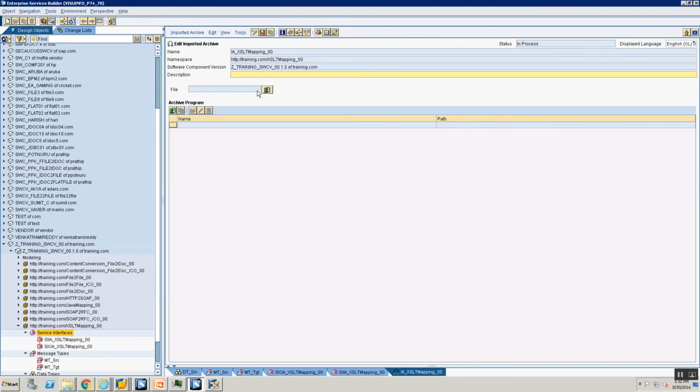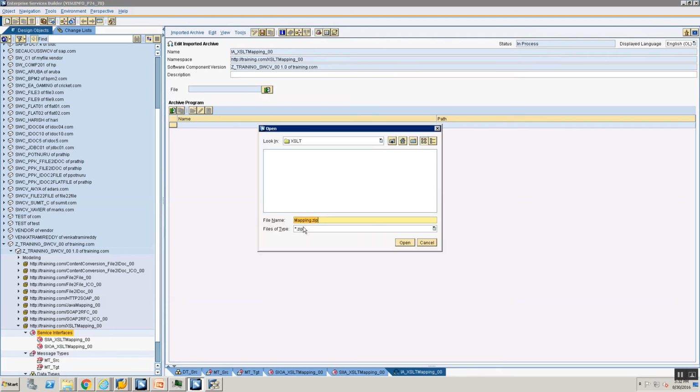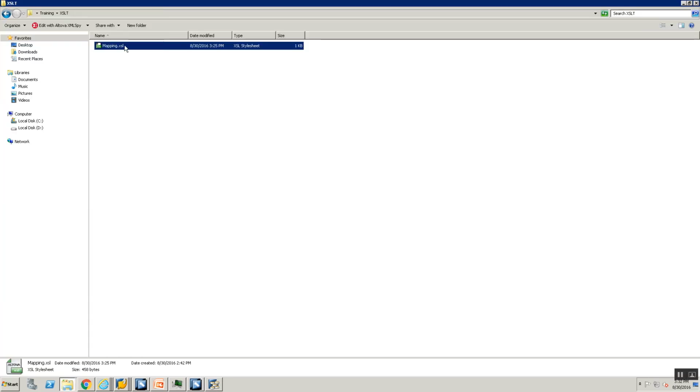Okay. Now let's go ahead and search for the file. Oh, it's looking for something called a zip file or a jar file again, right? But what is the name of the file that we have created? Just one another thing, couple of things to remember. The XSLT mapping should always have a file name of extension XSL.